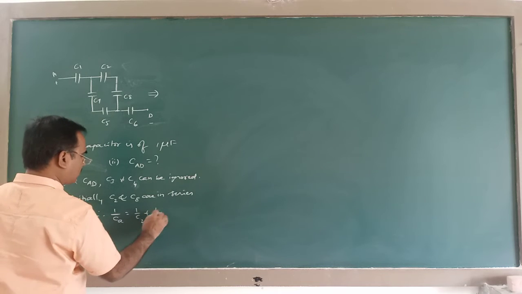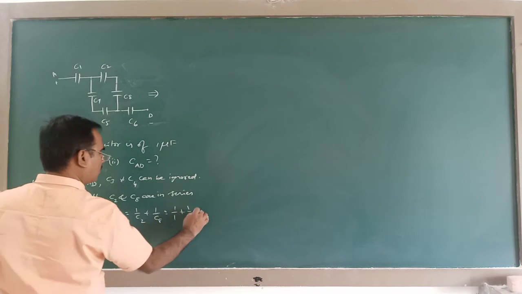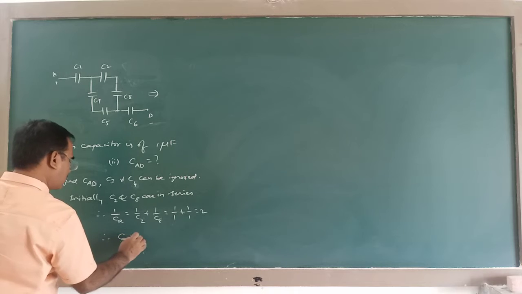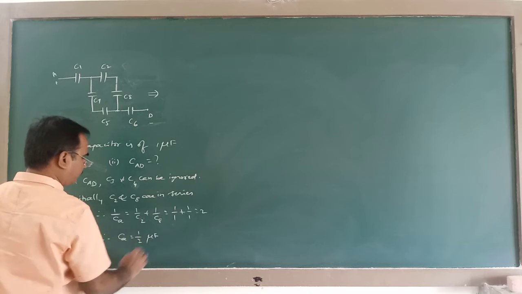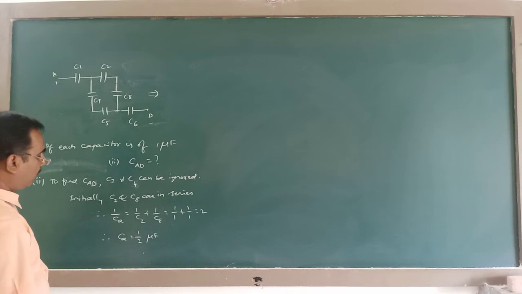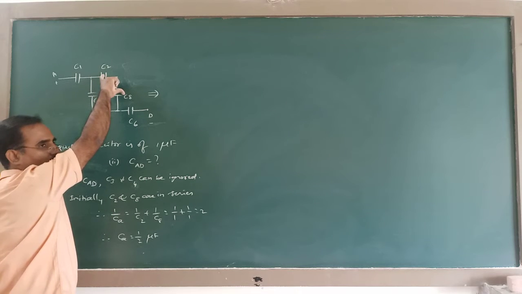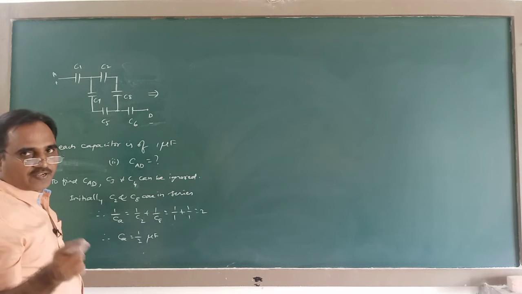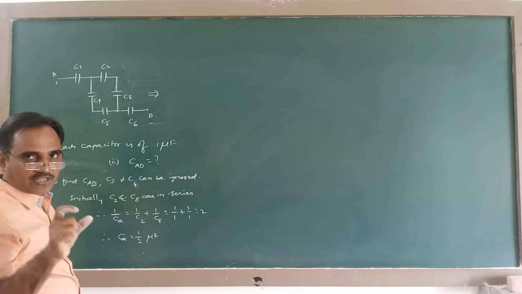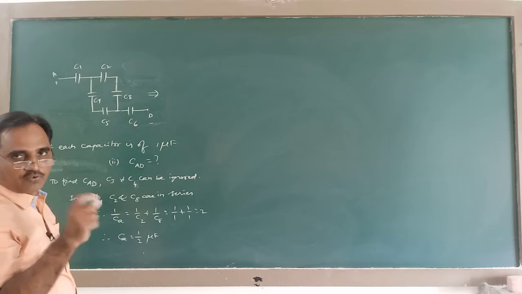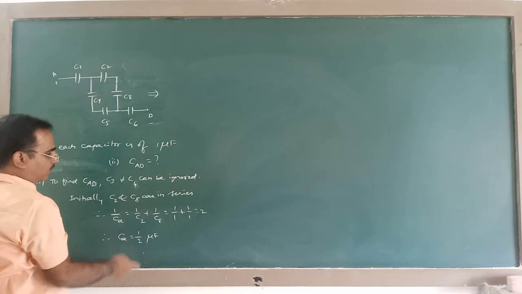Their effective capacitance is, so it is 1 divided by 1 plus 1 by 1. This is 2. Therefore CA is equal to 1 by 2 microfarad. Remember, when 2 equal capacitors are in series, their effective capacitance becomes half. ಎರಡು ಸೇಮ್ ಕೆಪಾಸಿಟೆನ್ಸ್ ಇರೋ ಕೆಪಾಸಿಟರ್ಸು ಸೀರೀಸ್ನಲ್ಲಿ ಕನೆಕ್ಟ್ ಮಾಡಿದರೆ ಎಫೆಕ್ಟಿವ್ ಕೆಪಾಸಿಟೆನ್ಸ್ ಅರ್ಧರಲ್ಲಿ ಹಾಫ್ ಆಗುತ್ತೆ. ಸೊ ಇಲ್ಲಿ 1 ಇರೋದ್ರಿಂದ ಇದು 1 ಆಯಿತು, ಇದು ಹಾಫ್ ಆಯಿತು.